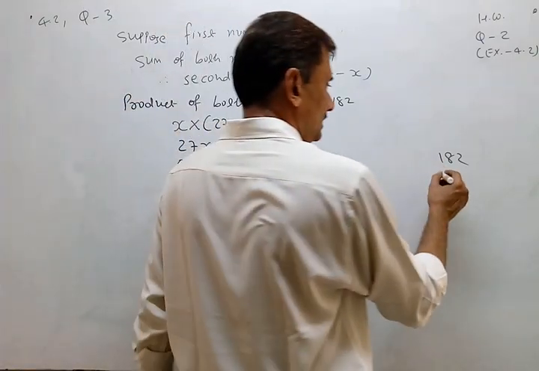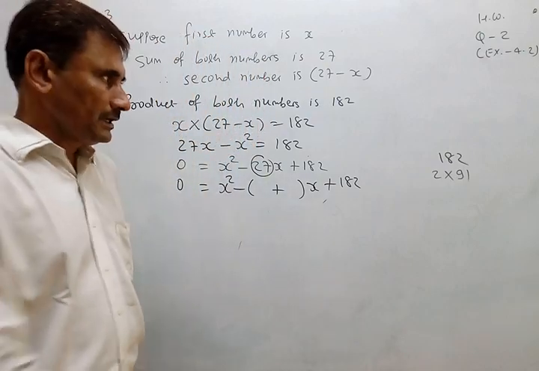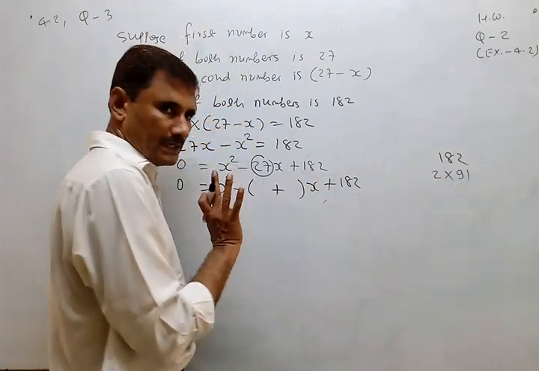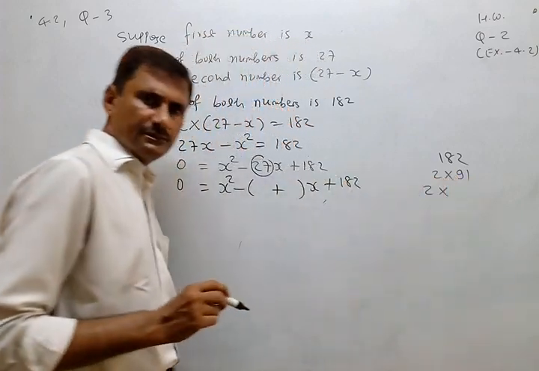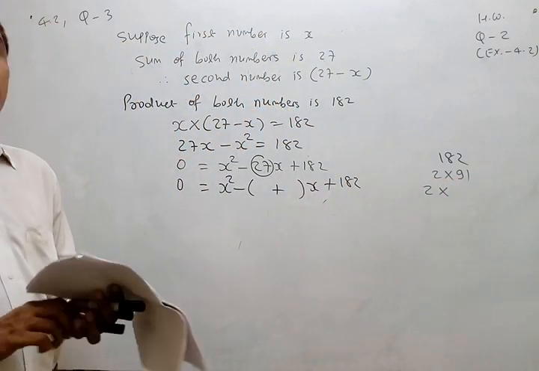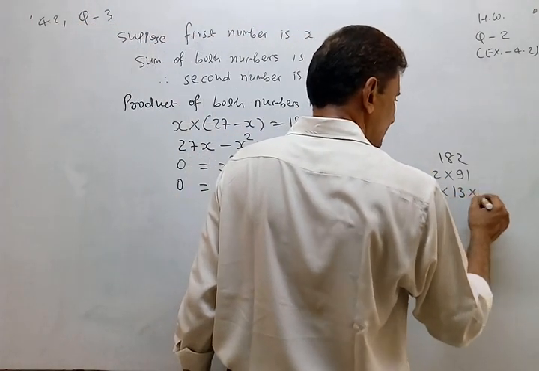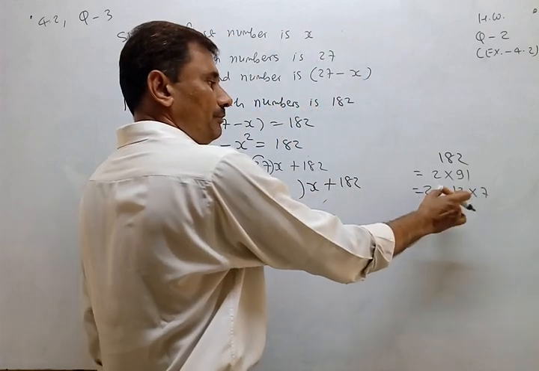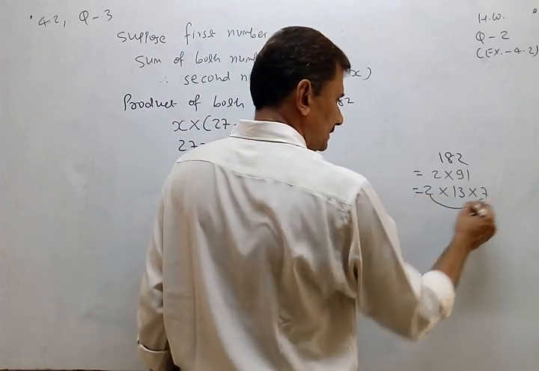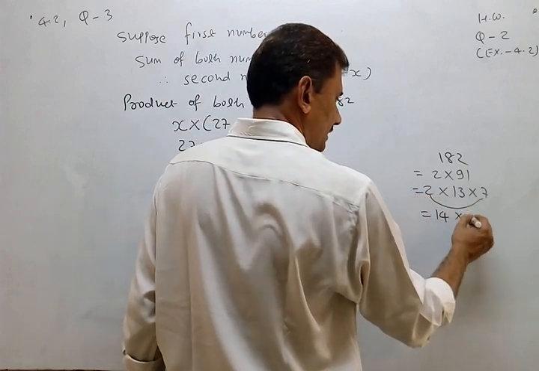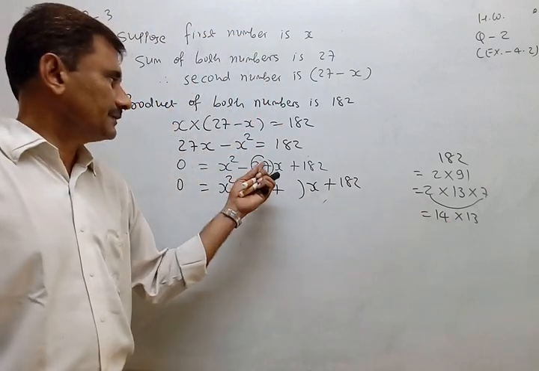So first, can I say it is divisible by 2? So 2 into 91. Now the sum is 93, not applicable. So okay, just try here. This is prime, so it cannot be factorized further. 91 is 13 into 7. Now just make a combination so that two factors will be there. If I multiply 2 and 7, then it will be 14 and 13 as it is. So we got two factors, 14 and 13, whose sum is 27.